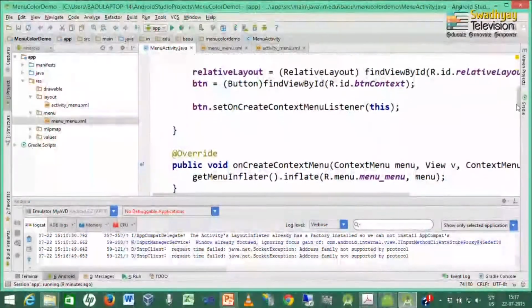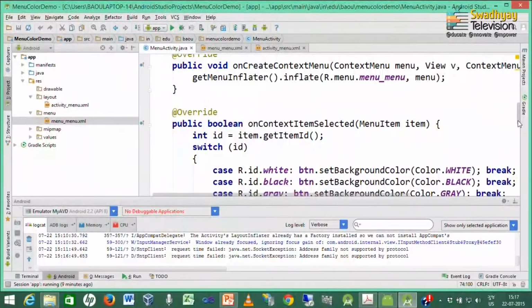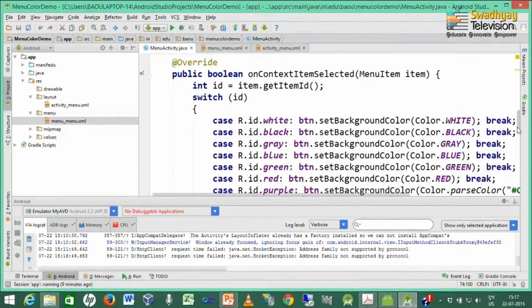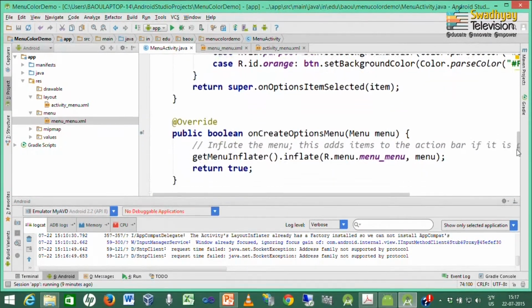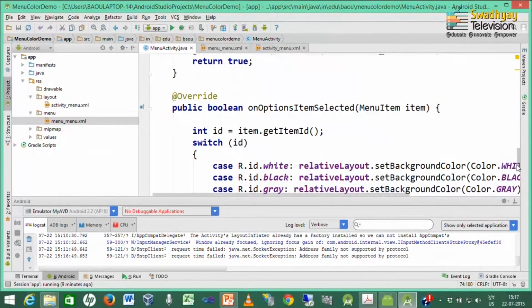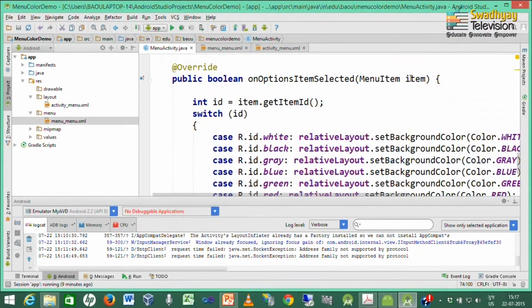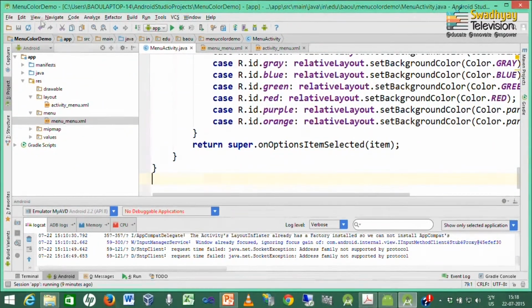Inside onCreateContextMenu we inflate the same menu for the button, and inside onContextItemSelected we get the item which is clicked by the user, fetch its ID, and based on the ID we set the background color of the button to the specified color inside the menu item. And likewise in onCreateOptionsMenu we created the option menu, and inside onOptionsItemSelected we handle the menu item. Inside this we fetch its ID, and based on the ID we can do certain actions like changing the background color to the specified color. So our code is ready.